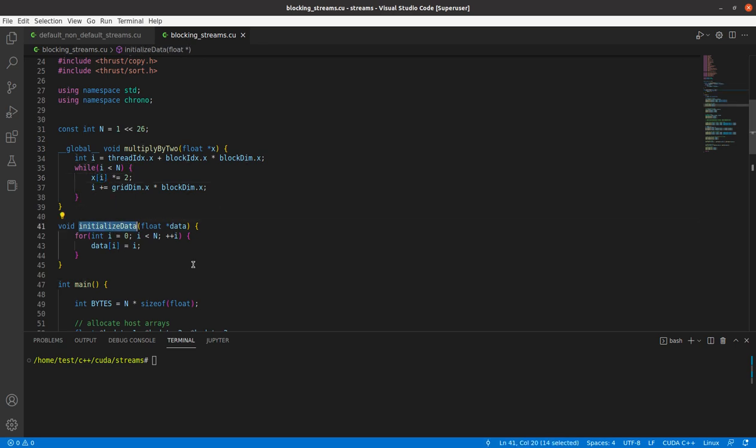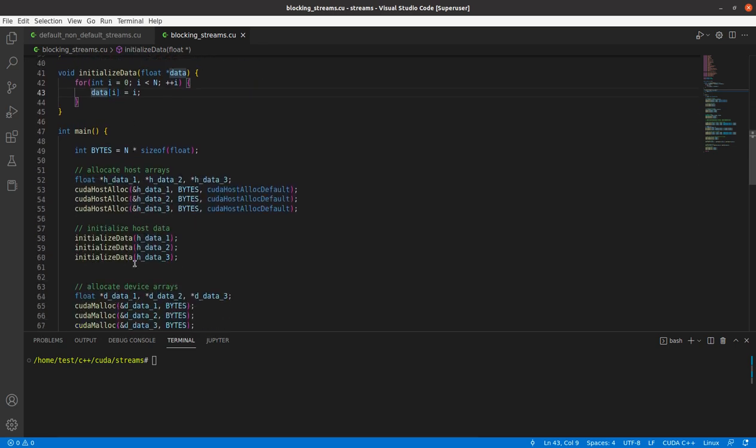And here we have initialize data, which is used to initialize a host array. For every entry it will assign some value. Alright, first of all we need to allocate three arrays on the host side, host data 1, data 2, data 3, and to do that we will use again the CUDA host alloc instead of the C malloc